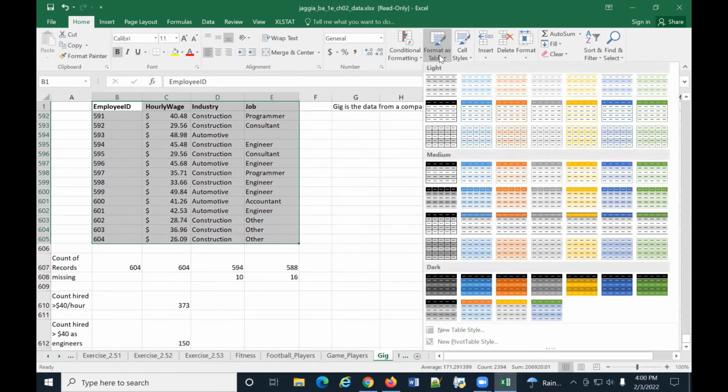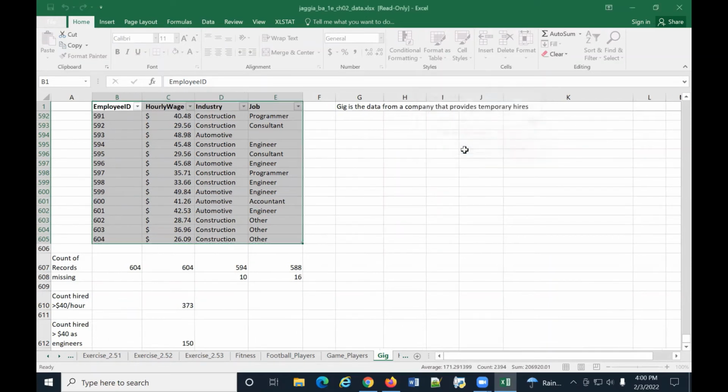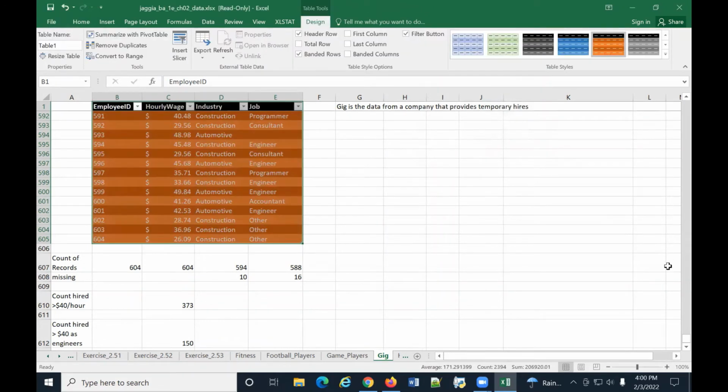So can someone suggest a color for this table, or a light, medium, or dark, and what color? Go ahead, someone. Dark orange. Dark orange. Can we go with this one right here? Yep. All right, let's do that. Now notice, it's going to say, where is this data for your table? I already selected it, so it already populated that for me. Then I clicked on my table has headers. I can say okay. And now we have this table that came up with dark orange,